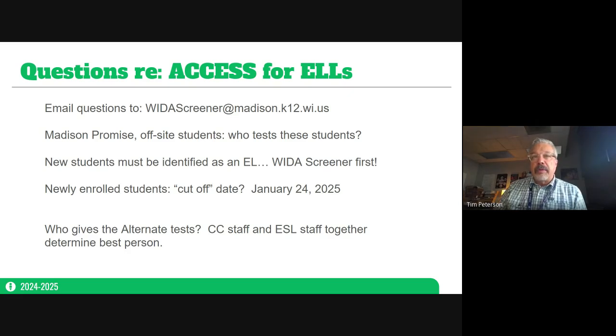I know that there are plans out there to do the access testing a little differently than we have in the past. Please let me know how you're doing it, because I'm curious to see what works and what does not. There's a lot of conversation about changing it so that students are pulled less from their school day, from classes, and using different free periods, so to speak, to do that.